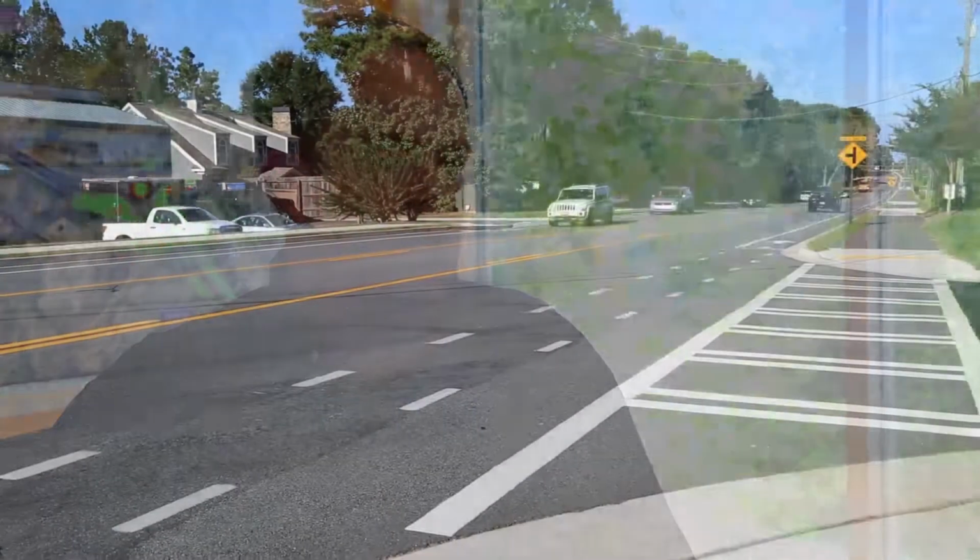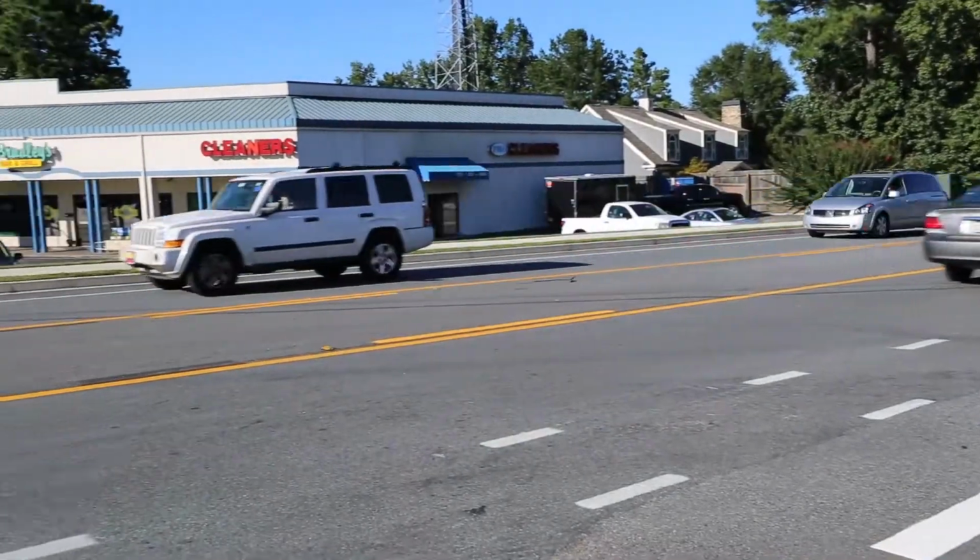Lower Roswell Road East is a project we did for the Cobb County Department of Transportation as part of its 2005 SPLOST, Special Purpose Local Option Sales Tax Program. The corridor